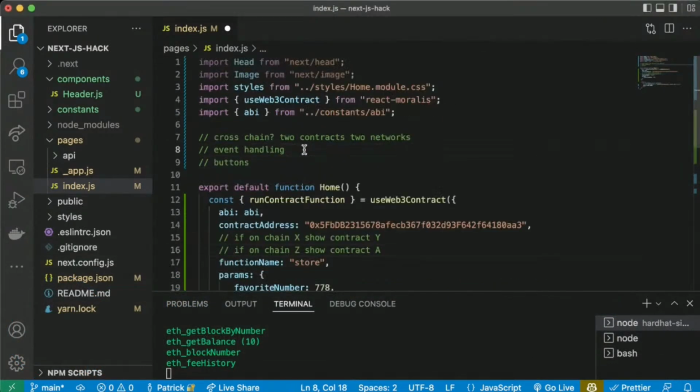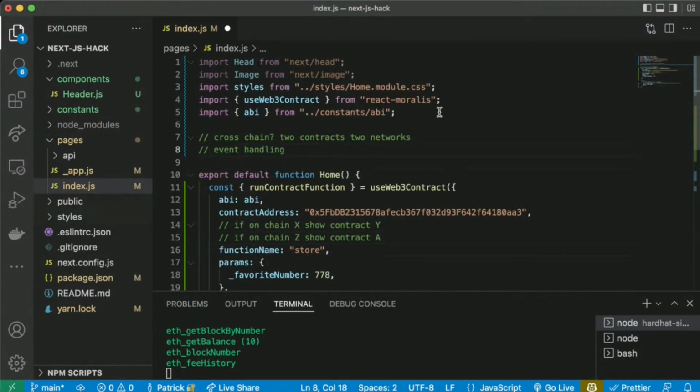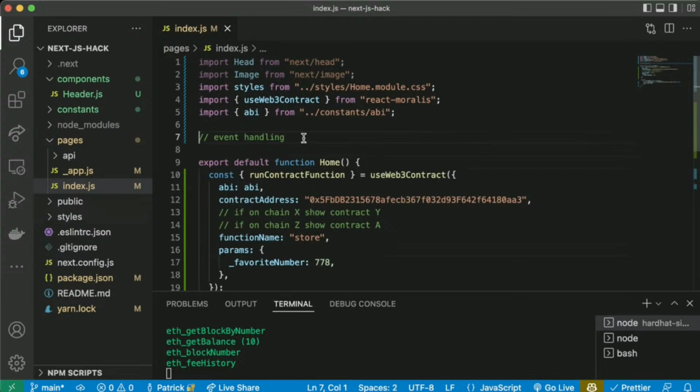So we also talked about event handling. We went over the buttons. I gave a brief overview of that. If that didn't make sense, feel free to ask more. Event handling. So when we're talking about event handling here, and I saw a bunch of people drop off.